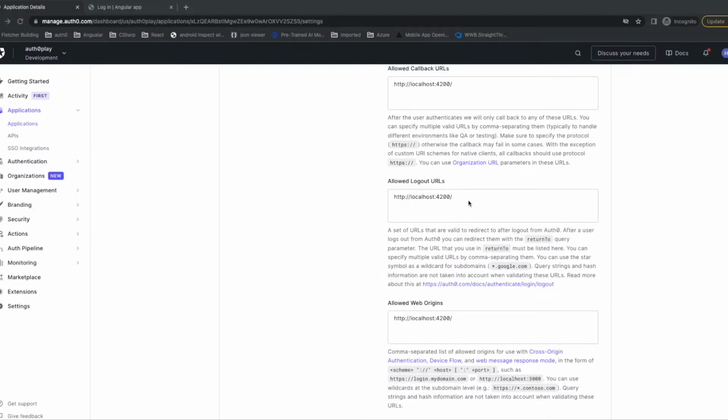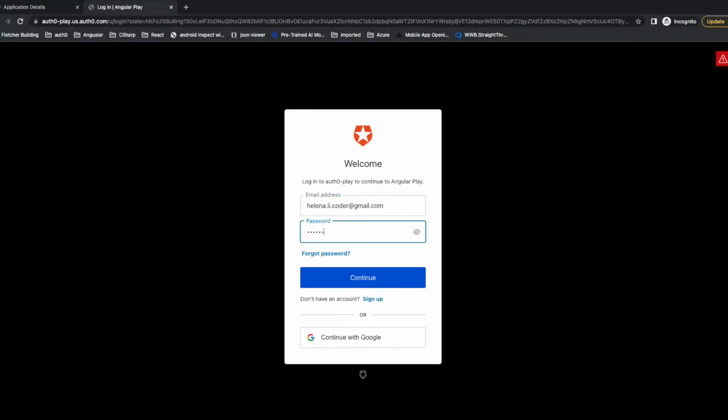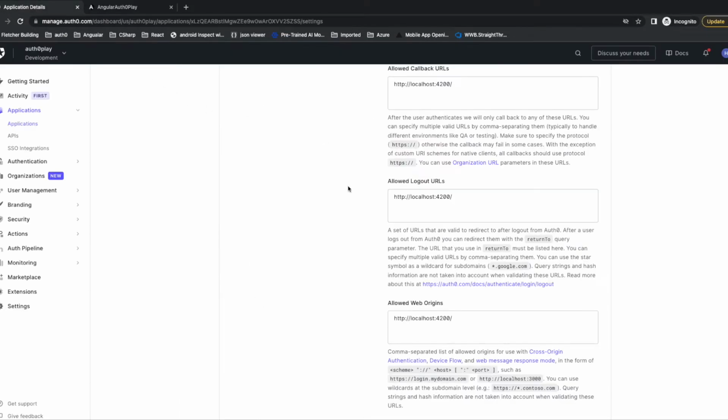Allowed logout URL is similar. It's the URL we allow to log out. If we log in from our application, you can see I've already logged in with my application. Now I delete the logout URL,